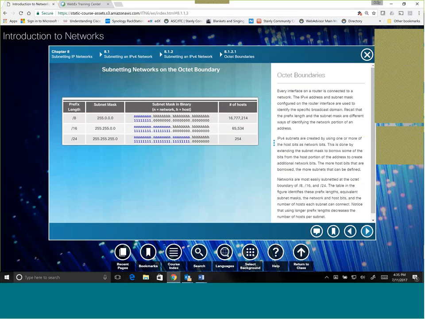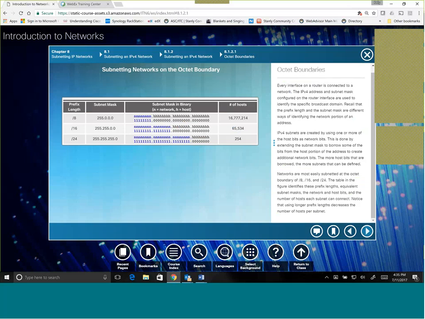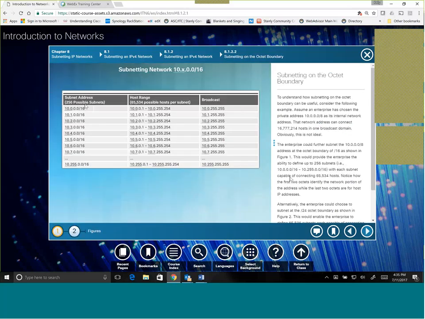These are the octet boundaries. So this is really looking at it from a class A, B, and C standpoint, looking at typical subnetting boundaries that we've used here. This is subnetting /16. You notice that we immediately go to /16. All the networks are the same size. And some of what I was doing with you is